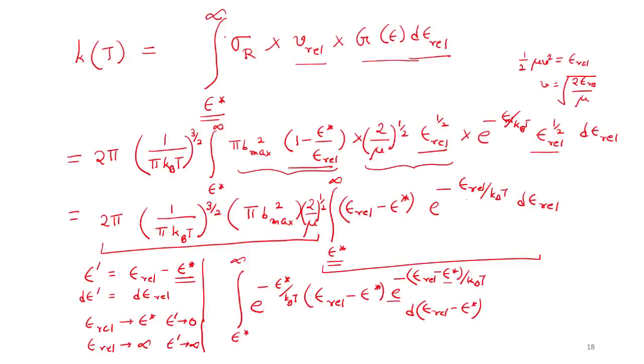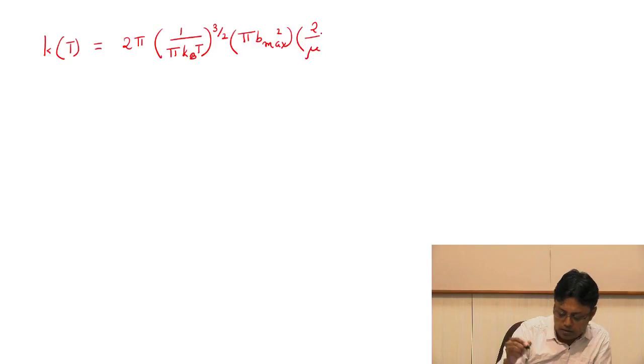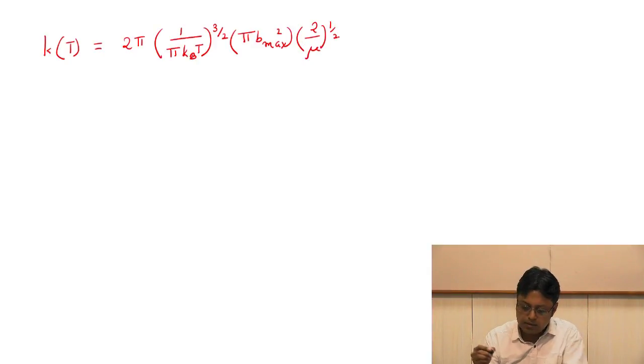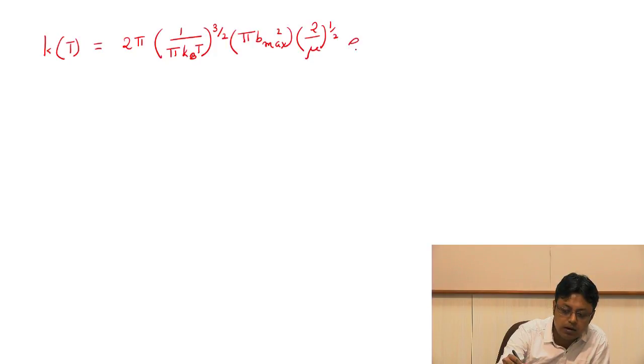Then I have pi b max squared times 2 by mu, square root of that. And then let us see, now this factor is a constant because epsilon star is also a constant. So I'll have e to the power minus epsilon star by kBT